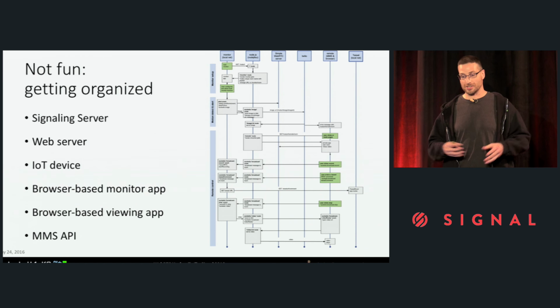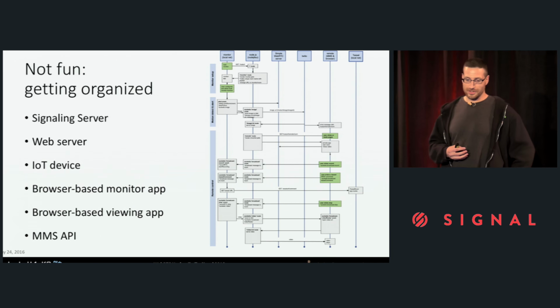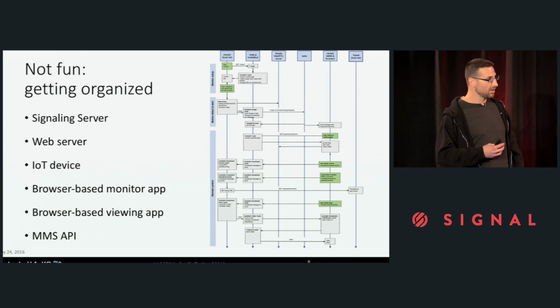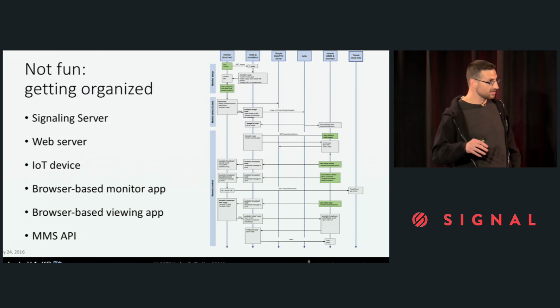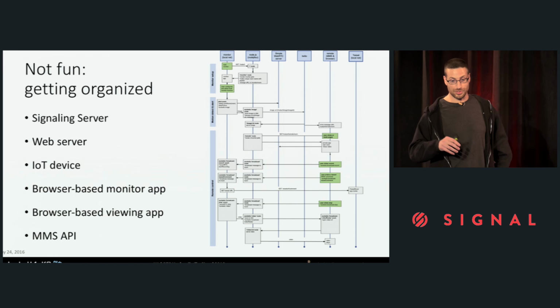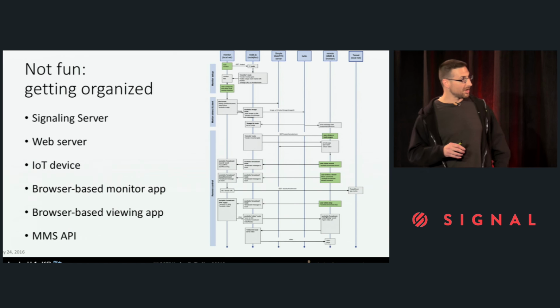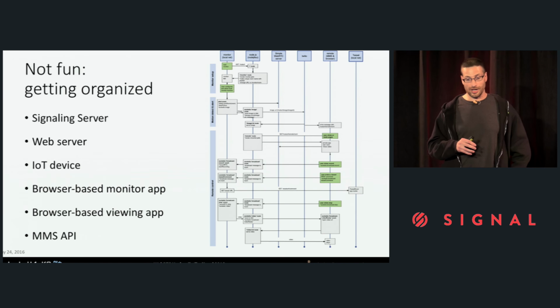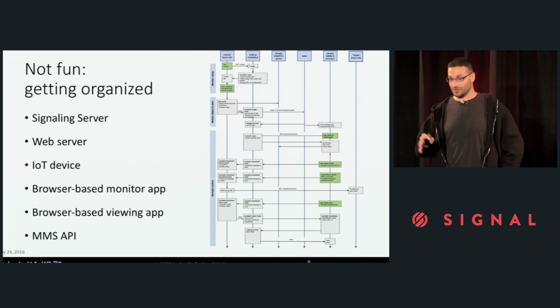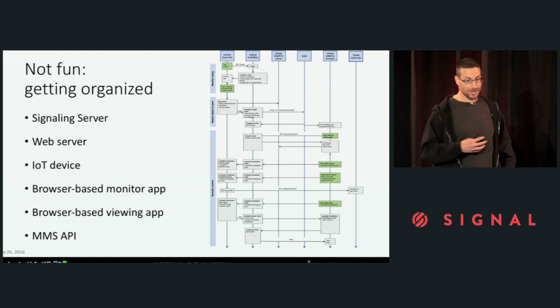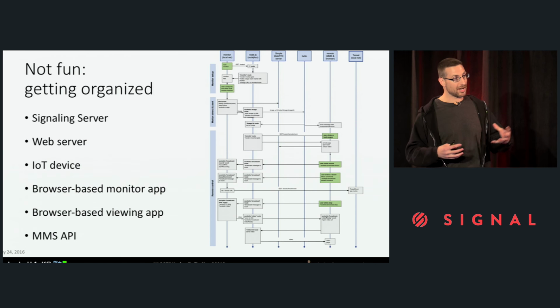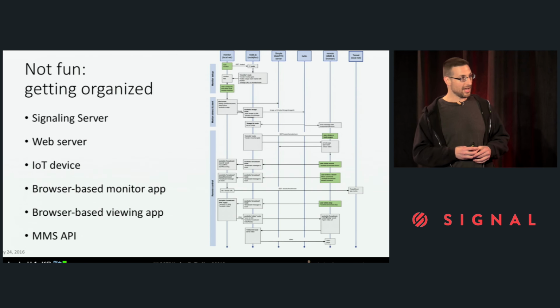And this is the part where it started to get really complex because I had a lot of different components involved here. In this case, I decided to try a different signaling server out there. I actually used simple WebRTC. They had a hosted instance at the time that I actually used, so I didn't have to set that up myself. But I set up my own Node.js server as before. I had the Tesla microcontroller IoT device there. I also had a browser-based monitor app that I had running on my home theater PC,